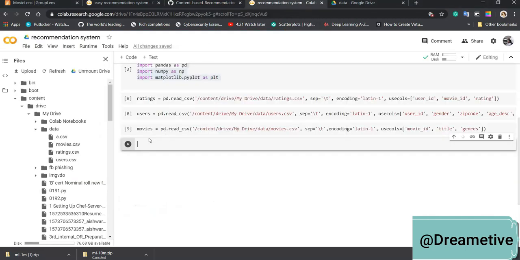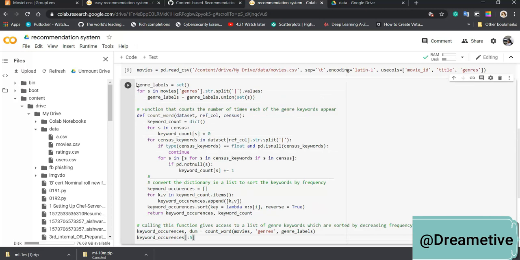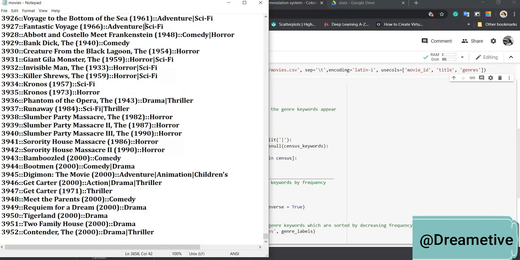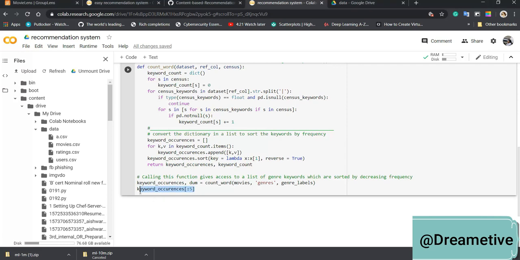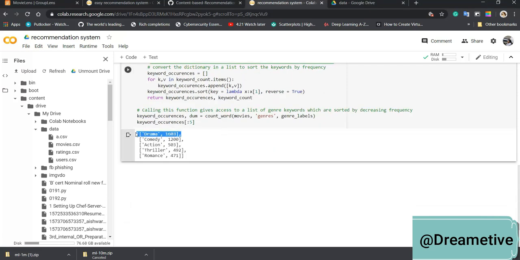Then the genres will be sorted based on the number of times they are repeated in the movies, and at last listed in descending order as keyword occurrence and keyword count. I'm using a vertical line because my dataset has been split using vertical lines. Now I can see the top 5 genres: drama, comedy, action, thriller, and romance. These are the most repeated genres in the films present in our dataset.